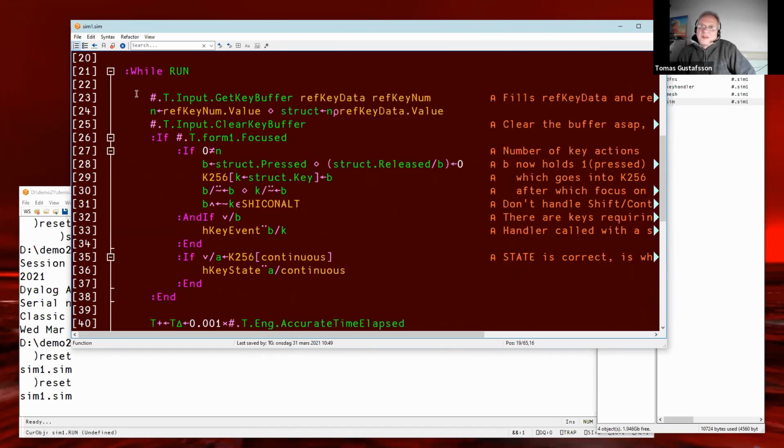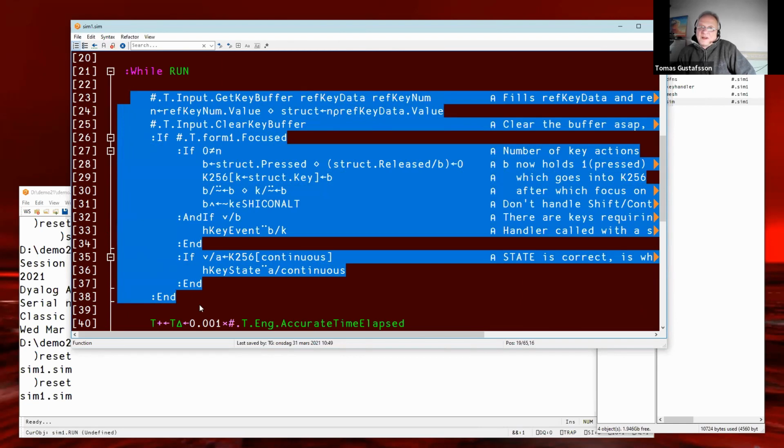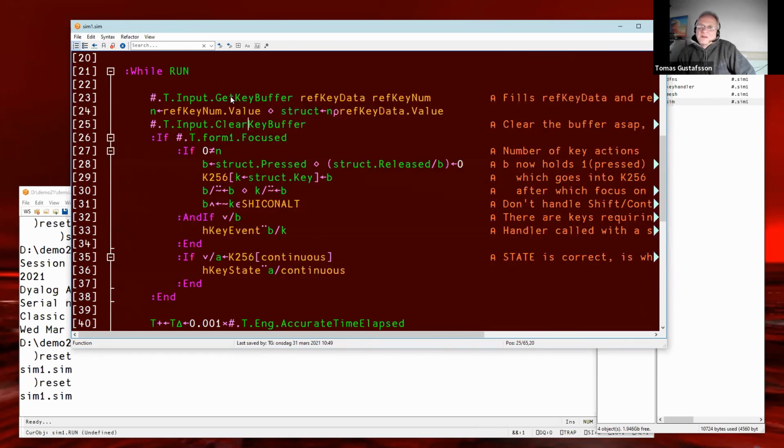This segment here is a bit complex, so we don't need to go through that, but basically it calls the engine to fill the ref key data and ref key num memory slots, and then it takes the number of how many keys were pressed previously, last time.